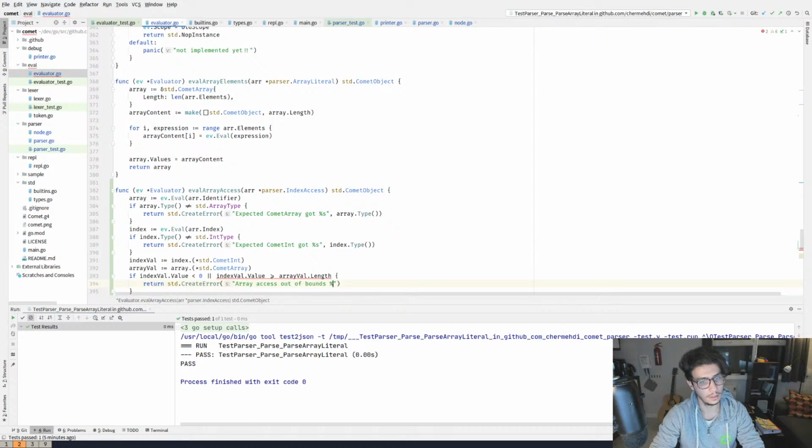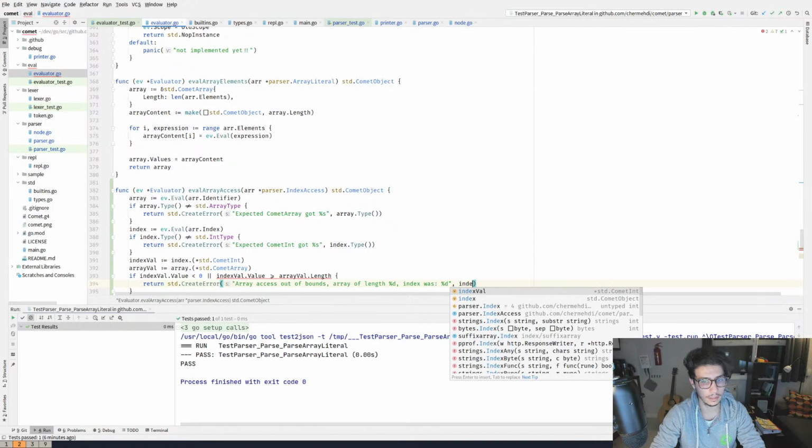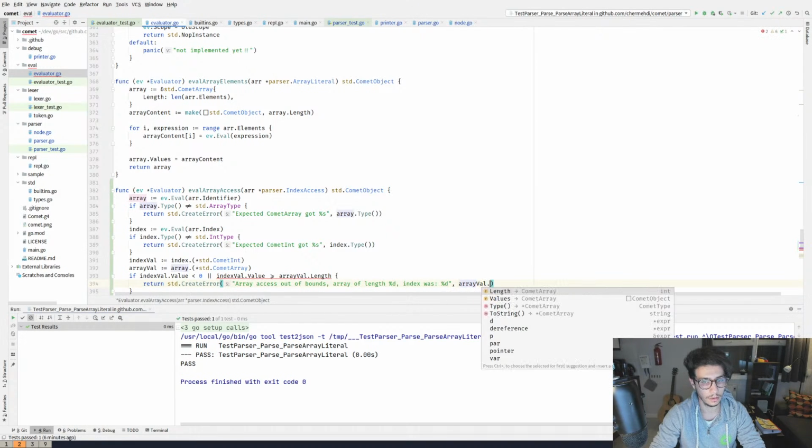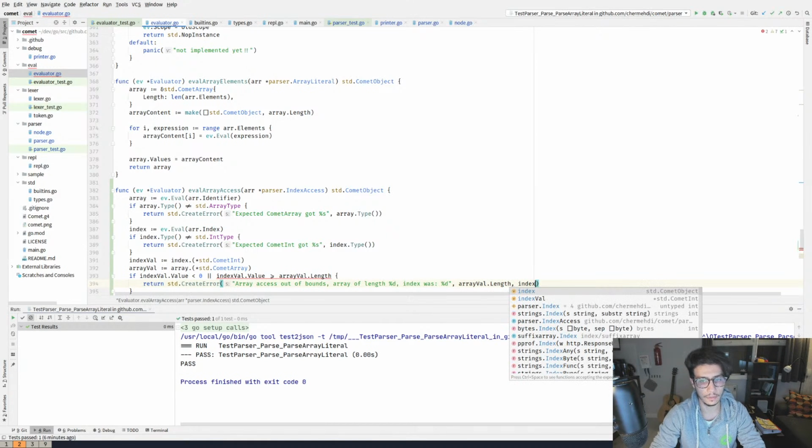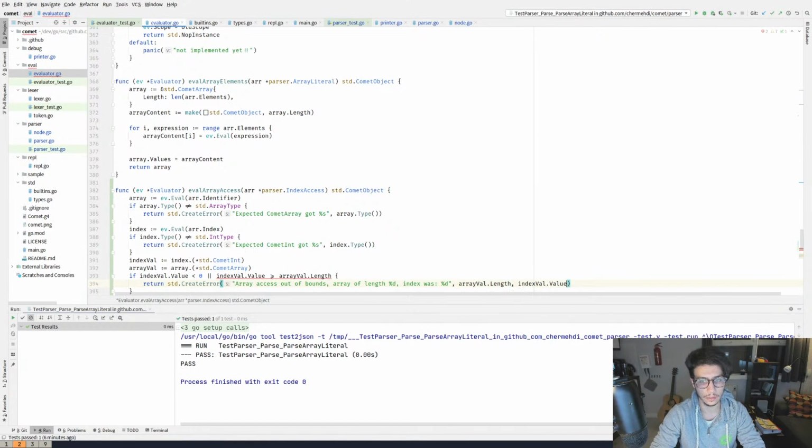Array of length %d, value was, index was %b. The length is the array value dot length, and the index is index value dot value.